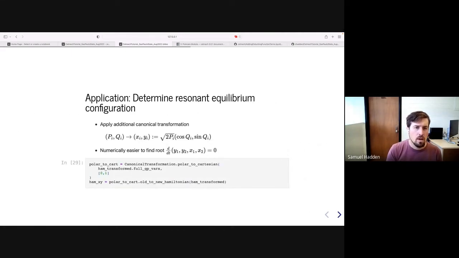So before determining the equilibrium configuration, we're actually going to do one more canonical transformation to these new variables x and y, which are related to the p's and q's in a sort of polar to Cartesian transformation. And the reason for this is because it's often numerically easier to find roots in terms of these variables than it is the p's and q's. So again, we can use this canonical transformation object. This constructor here